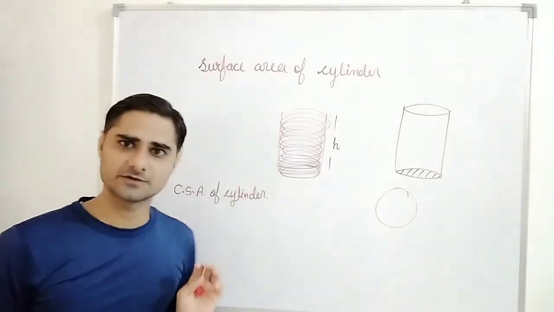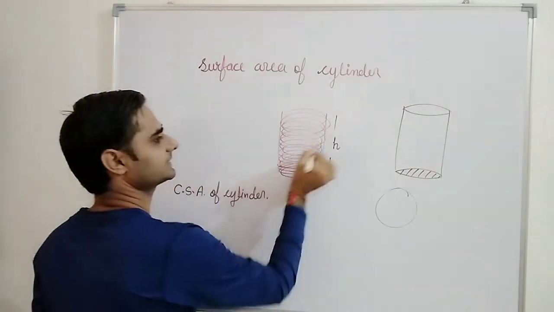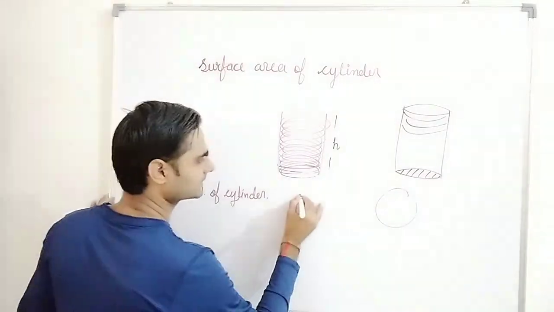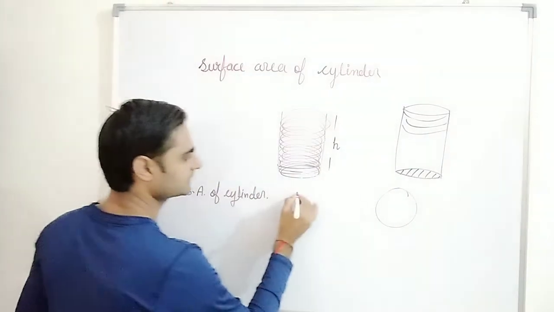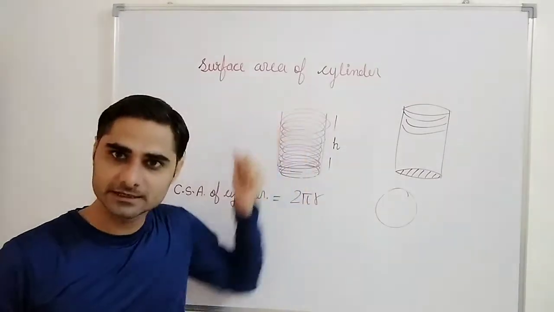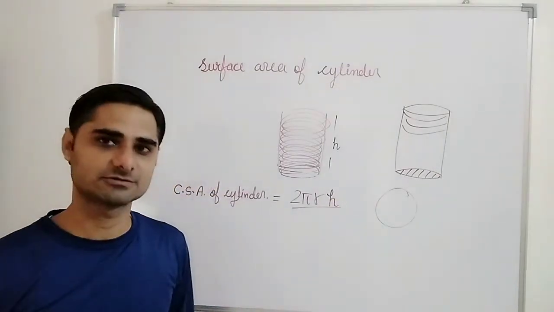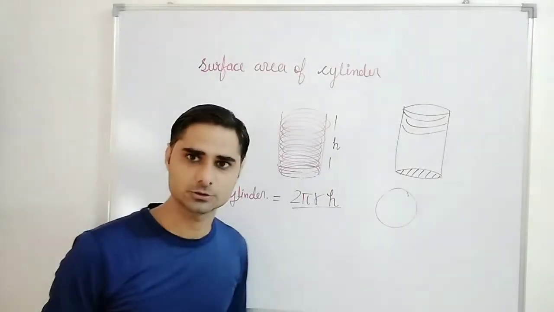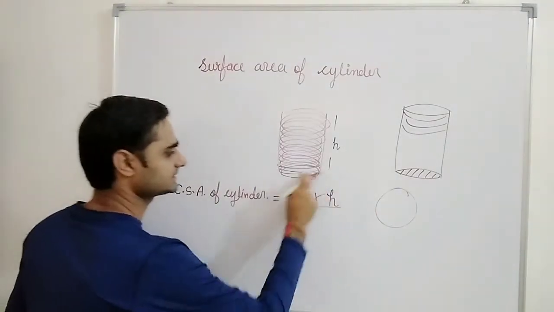What is the curved surface area of cylinder? Curved means the round one. The part that looks like it is going around, that is called curved. What is curved? One circle's circumference is 2 pi r. What is circumference? 2 pi r. And how many 2 pi r are there? That is up to height h. So we will multiply by h also. This is curved surface area, 2 pi r h. As I made you understand in previous classes and videos, I am telling you to use the same thing.